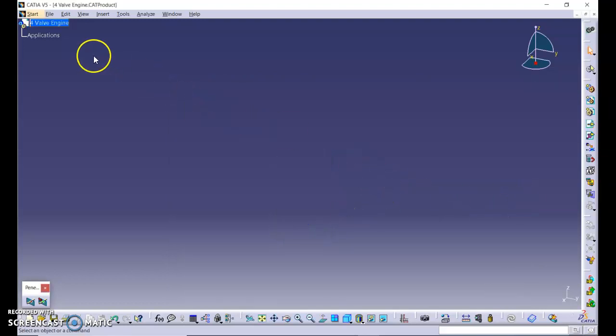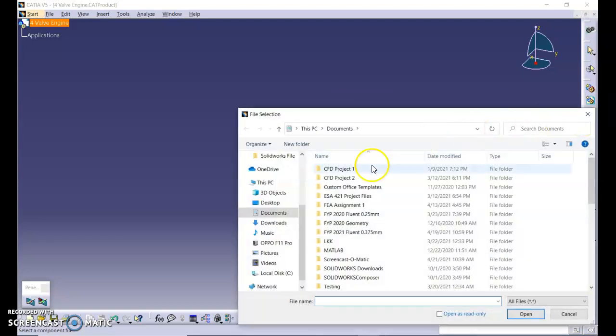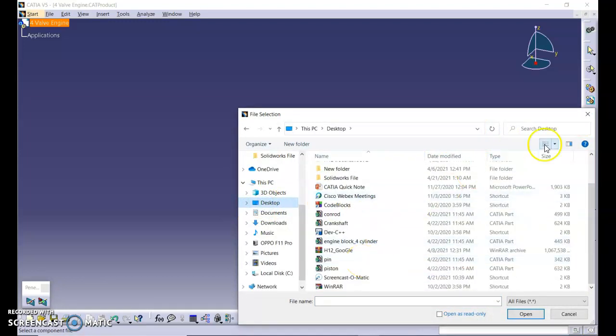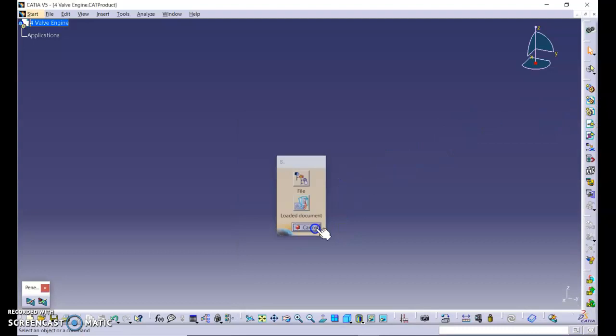So you need to select this top branch for above engine and then click existing component. Okay, so we can browse to desktop, or we also can